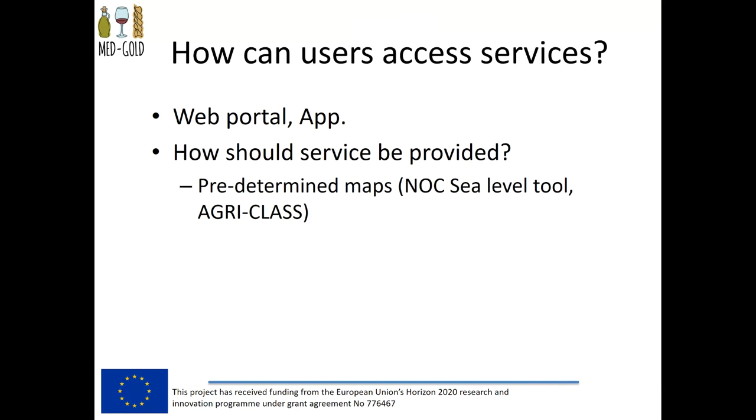So how can the users access these services? Well, there's many ways, of course, depending on where they are and what level of technology they have access to. One example would be a web portal, perhaps like the MedGoal dashboard. But other users may not have access to a computer or even be willing to, for whatever reason. So the only thing they might have on them readily is a smartphone. However the users access it, it needs to support these different platforms. So maybe a simple app is the only way certain users could be reached, especially in very remote regions. So that's something to think about, how the interface works to let the users access their required information.